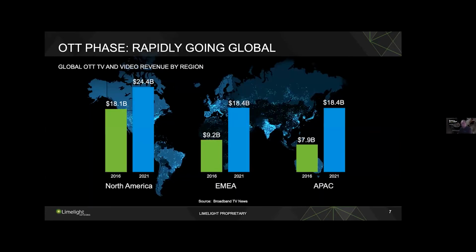The other side of the data here that's showing how OTT is growing is to look at the global rise of streaming. So some pretty broad numbers here, but if you look at revenue by region and how these numbers grow over time, what we're seeing is a large growth outside of the US as much as there is growth inside the US too. And so we've seen from all of the platform launches that there are global audiences for some of the same content. There are global audiences for a lot of the same brands who then have discrete content for those different locations. And there's a blend of those things as well.